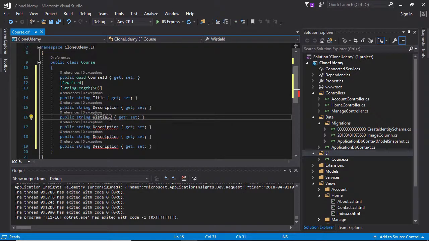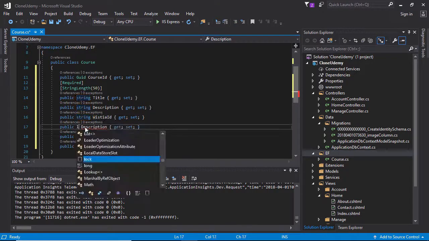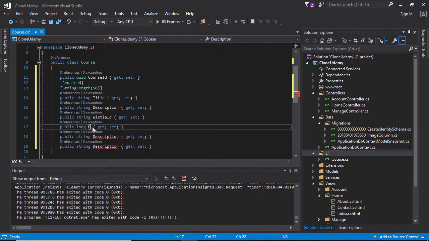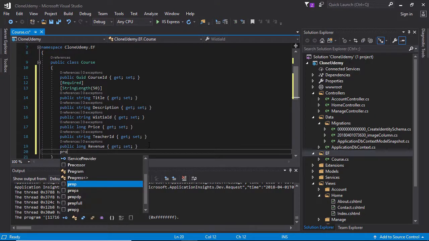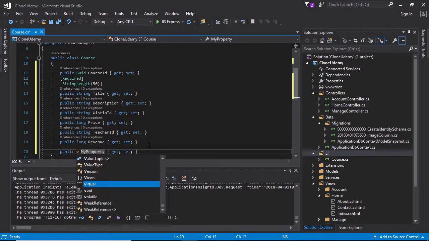This field we need to get the ID from Wistia and specify here, and this is the Price, long. We can specify the course price here, and the TeacherID will be a string, the teacher ID of the ASP.NET users table. Actually, this is the Revenue column to get the total revenue earned from this course, and here